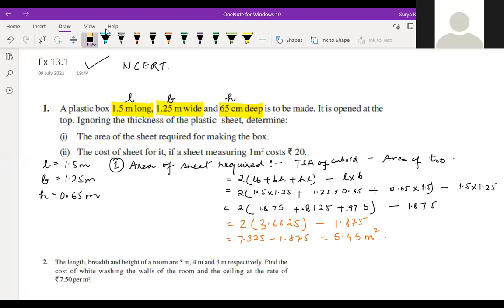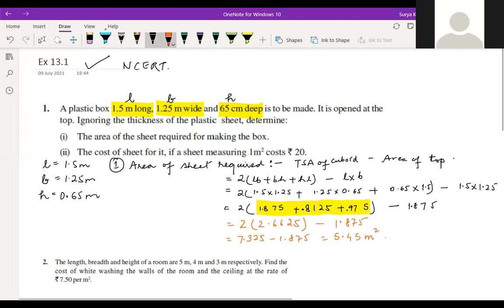This total surface area. Yes, sir. How did you get the same, only 1.875? Check this part. You are getting the same here or not? Yes, sir, that I got. So 3.6 will come. No, carry 2 will come. The 1 plus 2 is 3. Just check. I also made the same mistake over here. Okay, sir, I'll check.